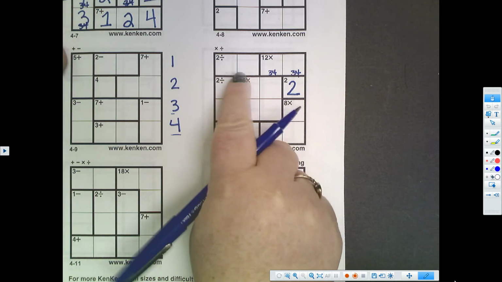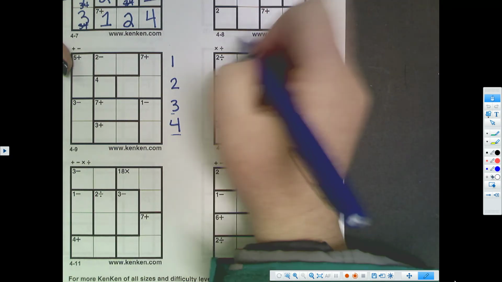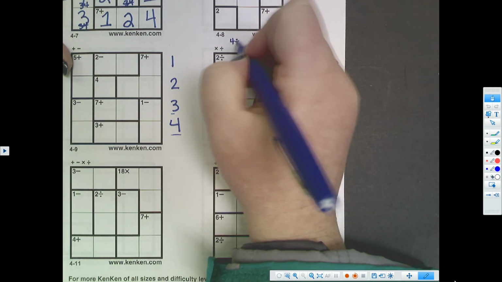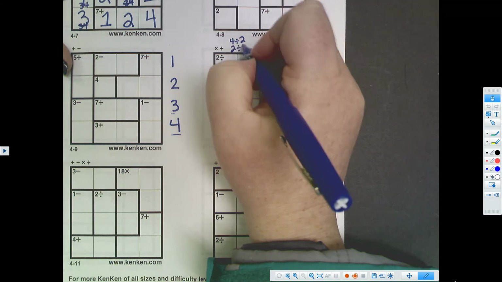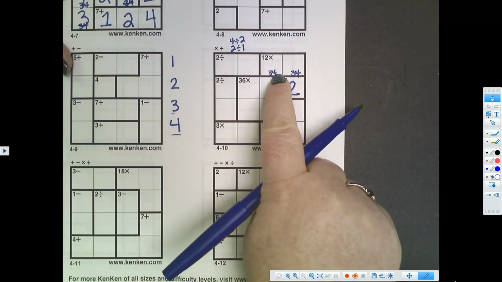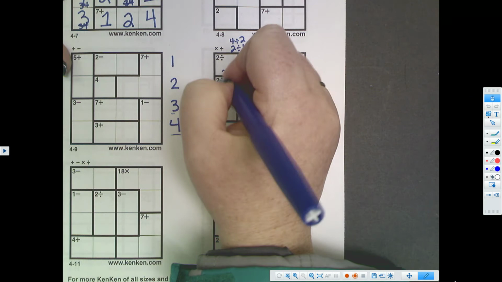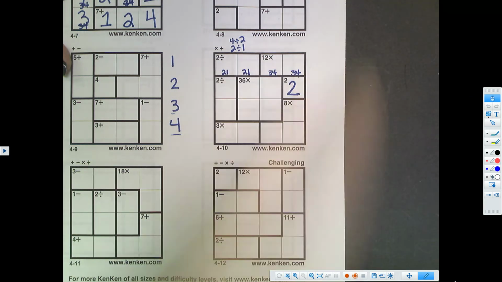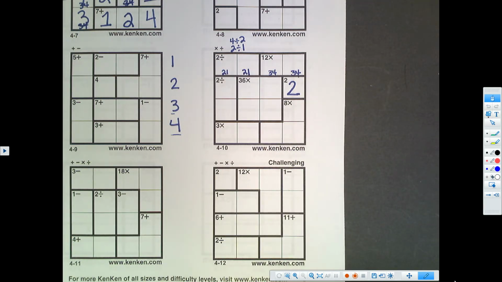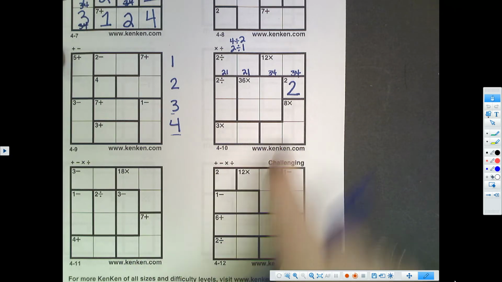This divided by 2 has 2 options: 4 divided by 2 or 2 divided by 1. I already used the 4, so this has to be 2 divided by 1, but I don't know what the order is. Okay. Now 8,